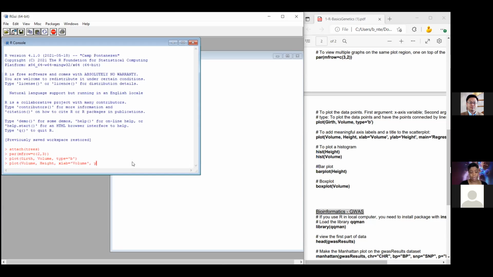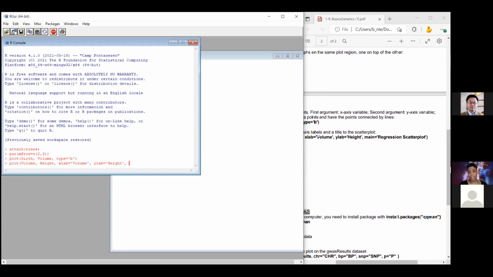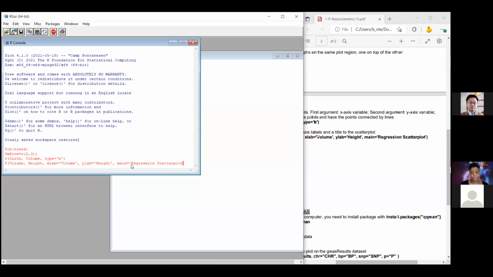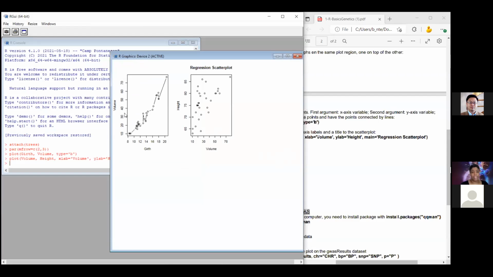And the Y label we're going to say is height. And then we're going to give our graph a title, regression scatter plot. And close parentheses. Okay, and so you can see that we've now made a regression scatter plot